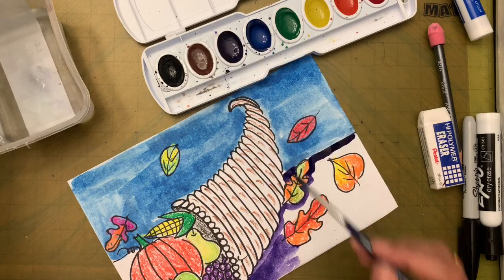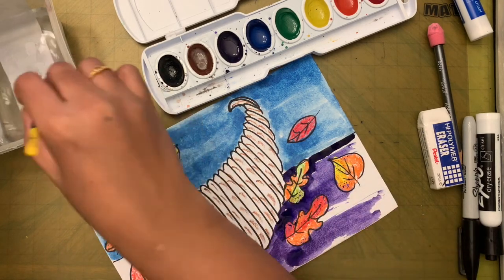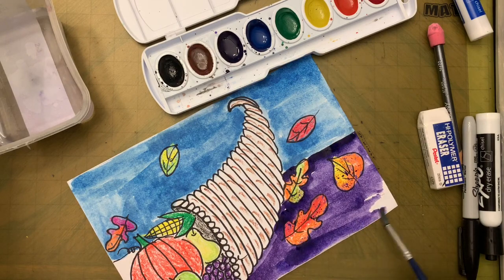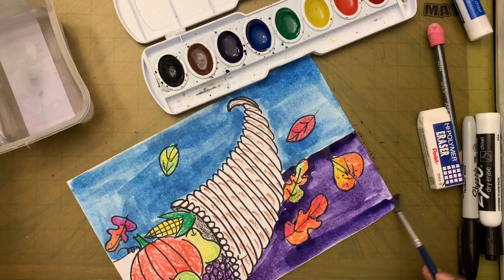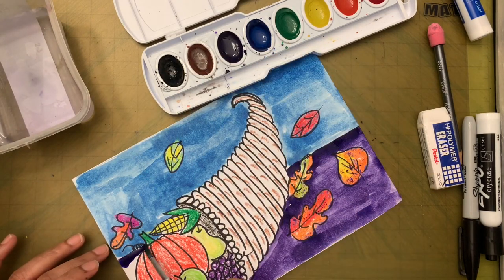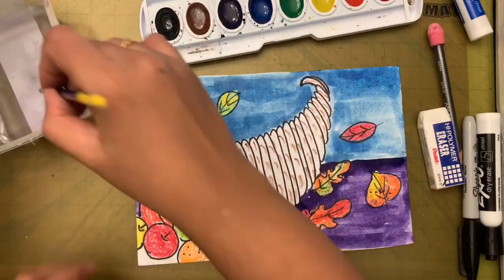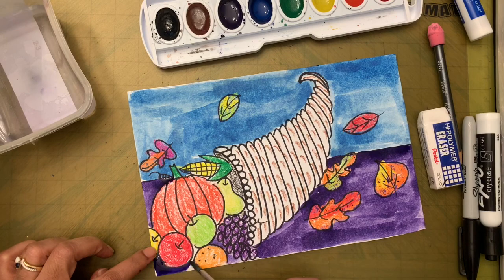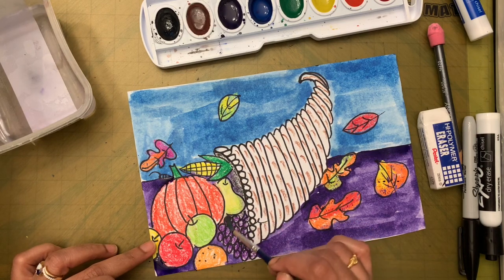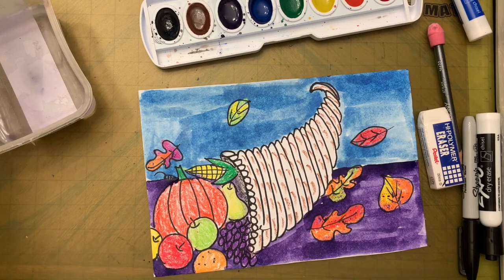Now I'm going to dip in water each time my brush is dry and then I'm going to paint. It is okay even if you paint on top of the leaves because the wax in the crayon is going to resist any color getting in. Water, paint. Okay, now I'm going to this side. So I'm going to look for the spaces in between. There is only a little bit of area that needs to be painted here. If there is a grape, you can even paint on top of it. Okay, so we are done painting the